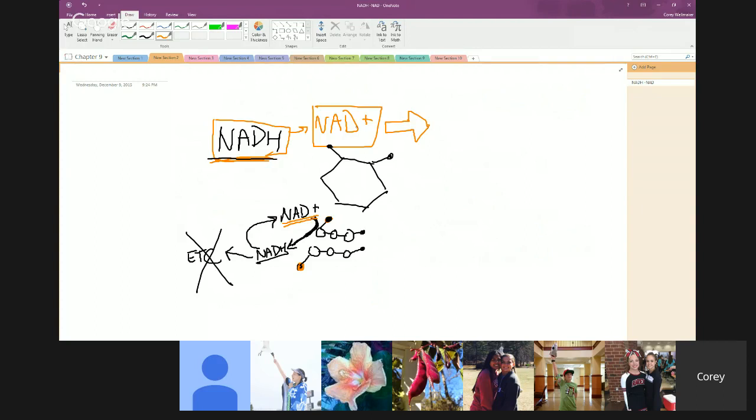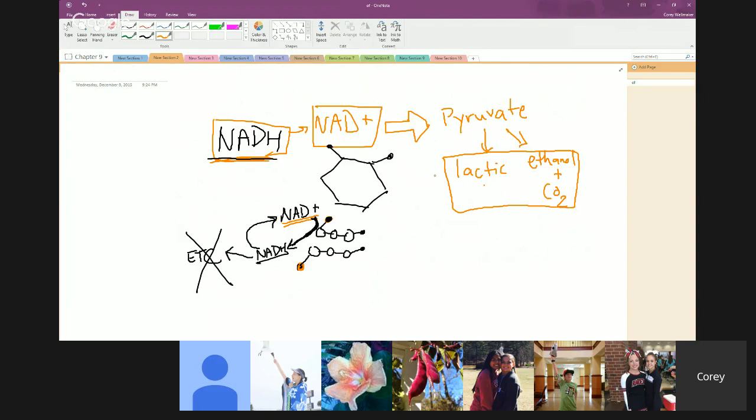So NADH is going to dump its hydrogen and electrons onto pyruvate. That pyruvate is then going to turn either into lactic acid or, depending on what organism we're talking about, ethanol and carbon dioxide. Right? So these are byproducts that are created,